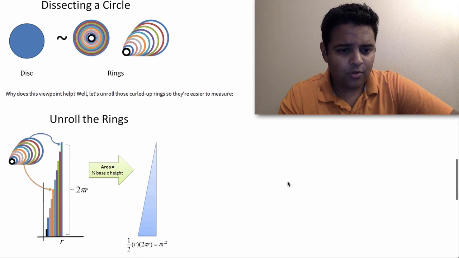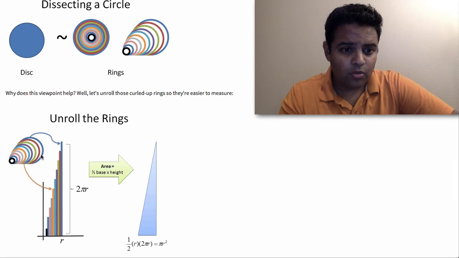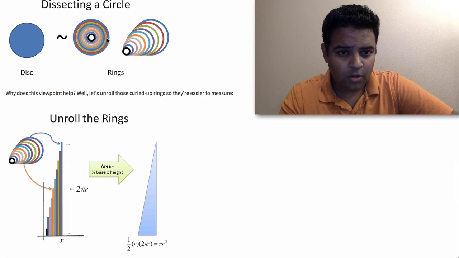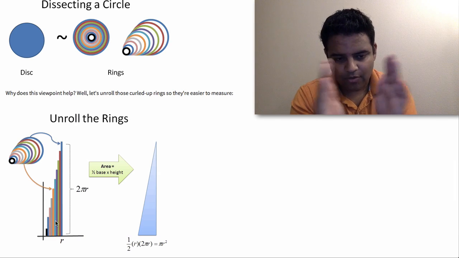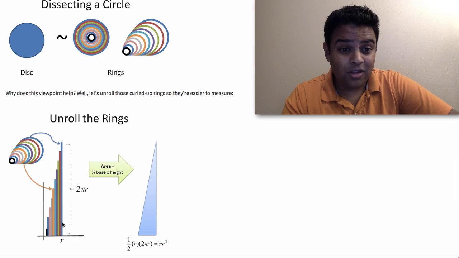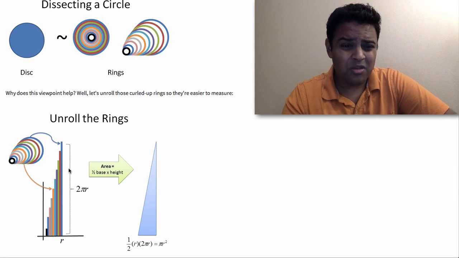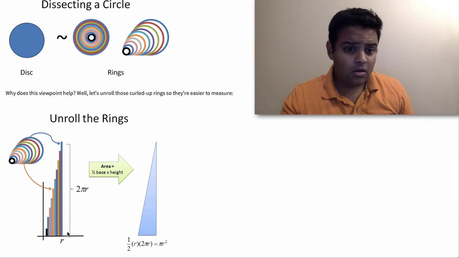And what happens when you do that? Well, we're taking rings from the center all the way out, so we have R amount of width there. And the biggest ring is all the way on the outside, so that's 2 pi r. That's really the only fact we need, just how big the biggest one is. And then we know the area.